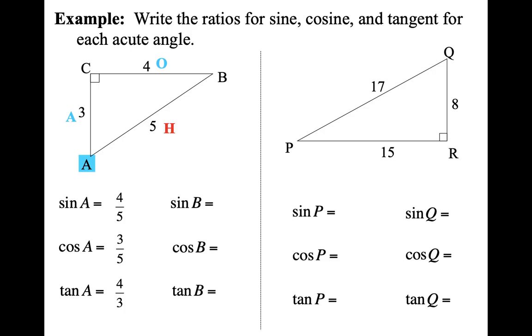Now, if you take a look here, tangent is more than 1. I want you to think for just a second: is it possible for sine or cosine ever to be greater than the number 1? Just think about that for a second. Can sine or cosine be bigger than 1? The answer is no, and so we want to think about why.